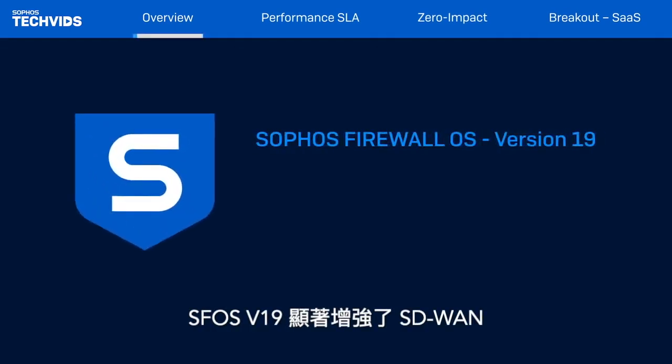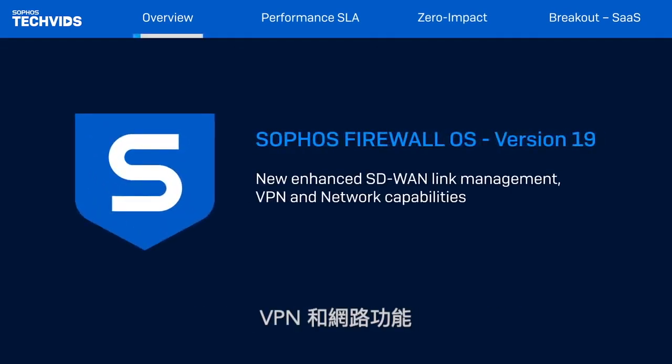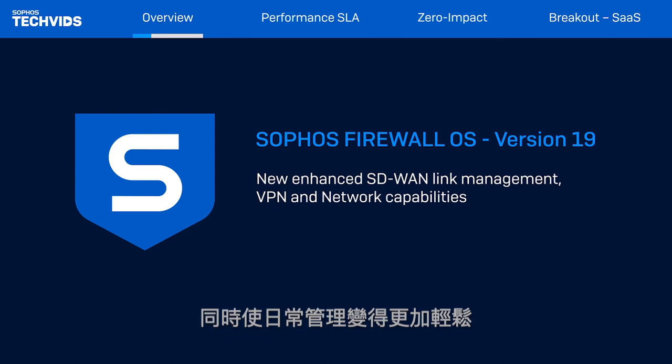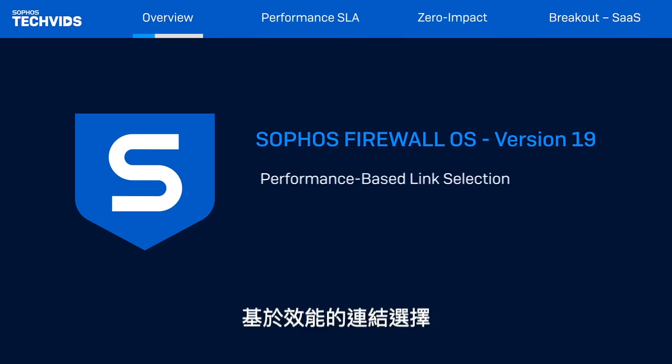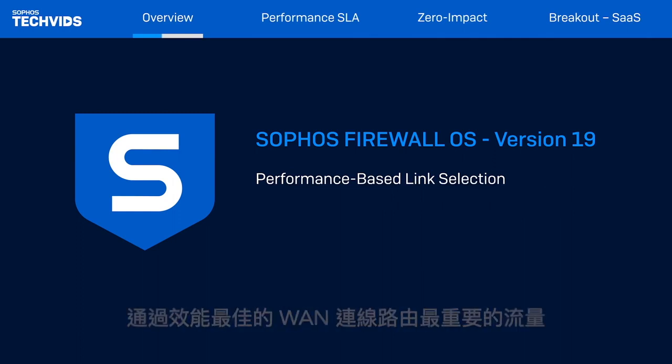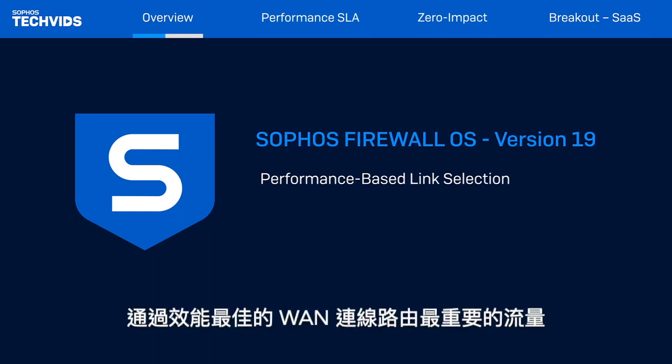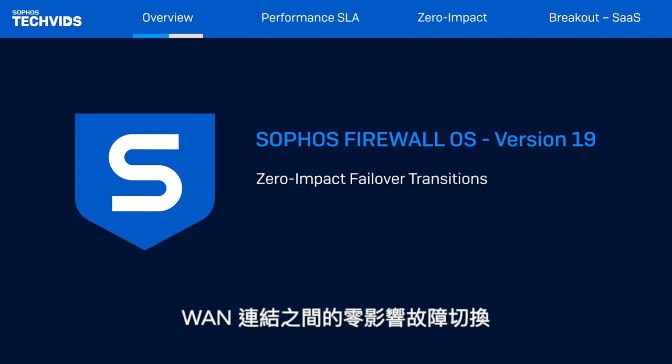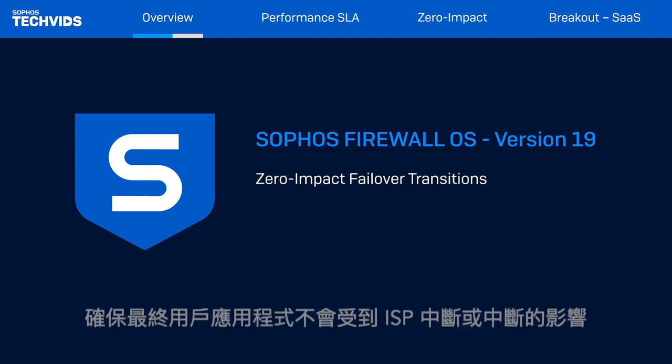SFOS v19 delivers greatly enhanced SD-WAN, VPN, and networking capabilities. This enables you to easily meet your connectivity goals while making day-to-day management even easier. Performance-based link selection ensures your most important traffic is routed over your best performing WAN connection based on latency, jitter, and packet loss. Zero impact failover transitions between WAN links to ensure end user applications are not impacted by ISP